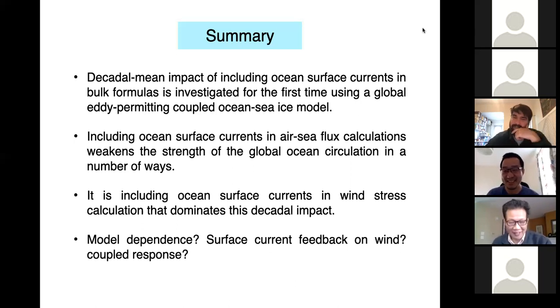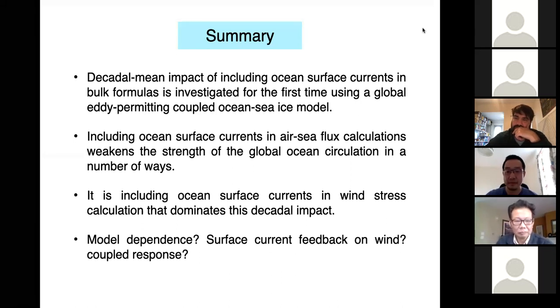Thanks, Richard. But one thing that came to my mind was that nowadays people argue that this relative wind stress effect should be modified, because in actual fact, the atmosphere also has some imprint in it from the ocean currents. There are some papers by Renault et al. from Jim McWilliams' group a few years ago. And so that can also have some impact. So instead of being, for example,